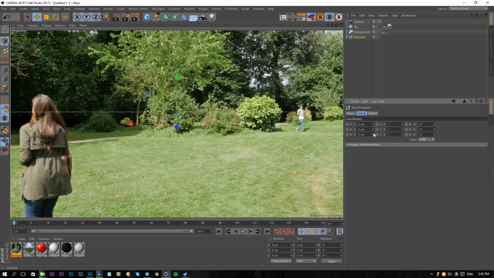But then what I will do is go to the Z coordinates of the Pokeball. And then we can click on the Pokeball and just bring it to the camera. And there we go. And then maybe also bring it up like so. It should be in a position that you could think that you would be throwing it with your hands. So right over here, maybe a little bit more to the right. There we go, and we can click on these 3 buttons here and then move ahead, let's say 3 seconds, 72 frames. There we go,